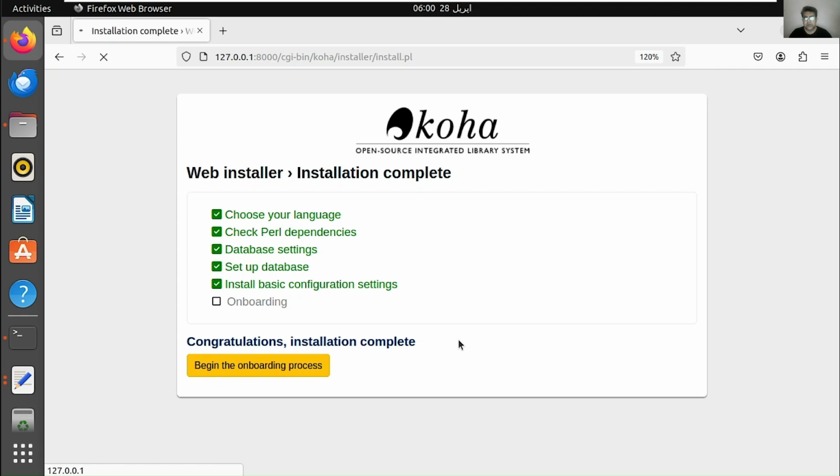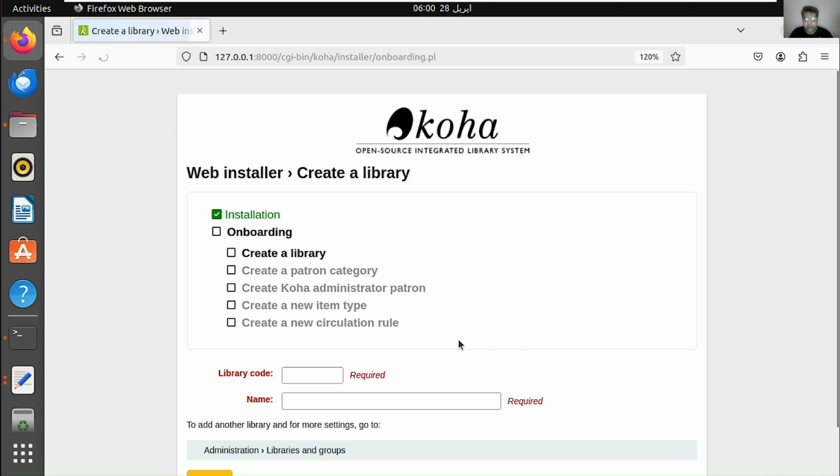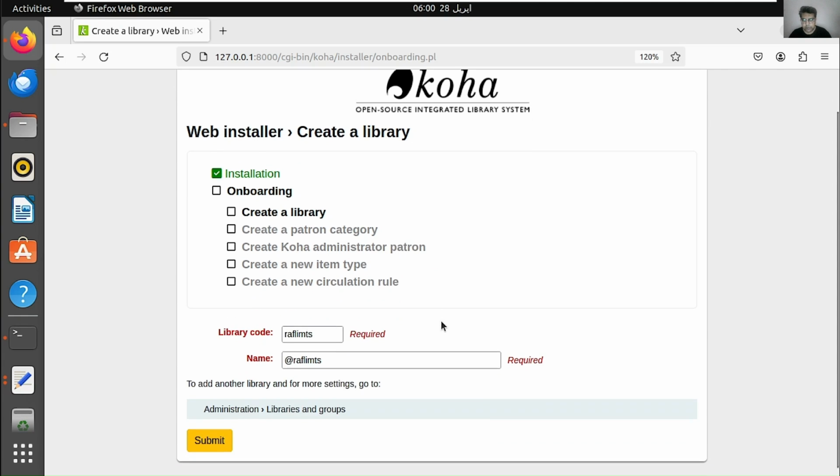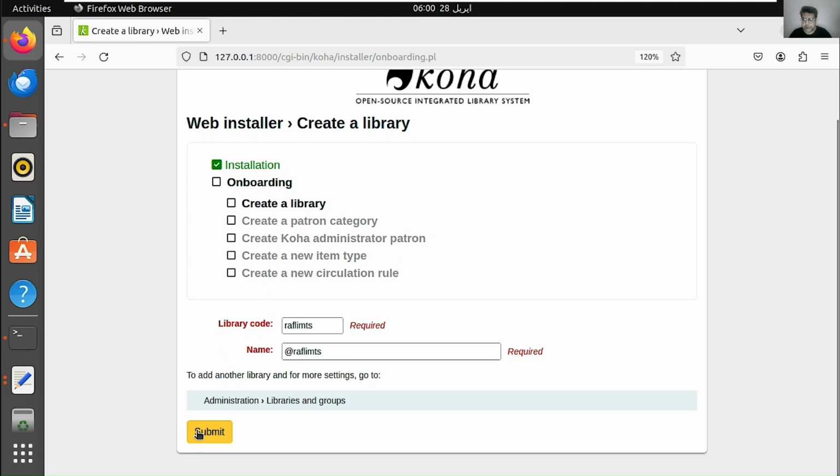And now we will go to onboarding tools where we will provide the code of our library, that I can say Raflims. The library name is Raflims. And we can submit this.